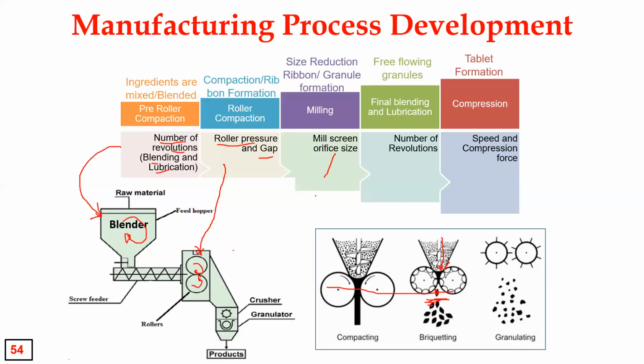Next, come to the milling. Now whatever bands they got here, after this there is a screen. So there is a hammer-like mill, it will break these ribbons which they got from here. They will funnel onto this hammer mill. It will also be rotating in the clockwise and anti-clockwise direction.